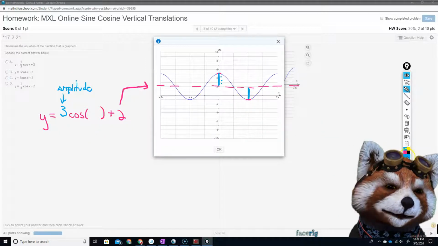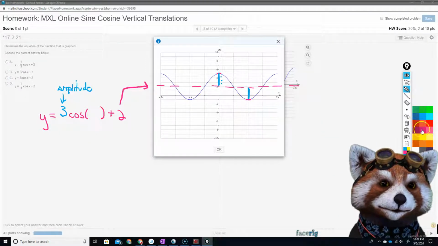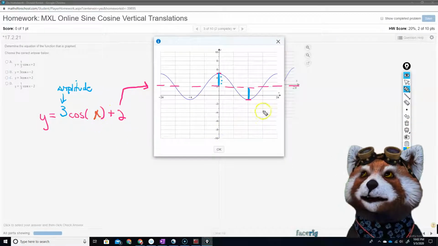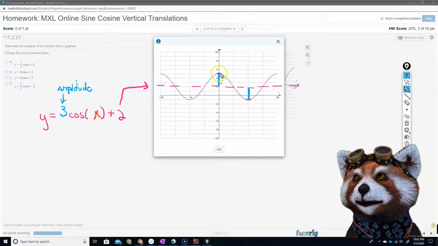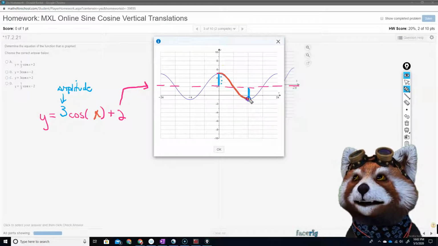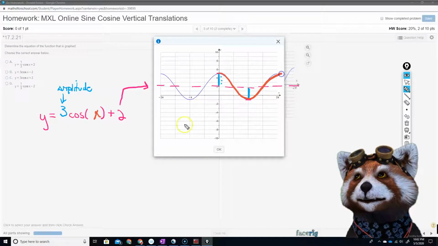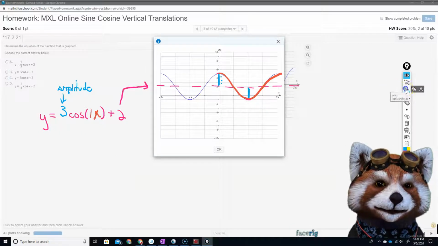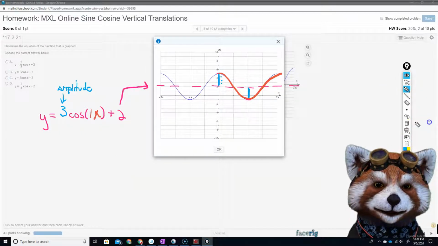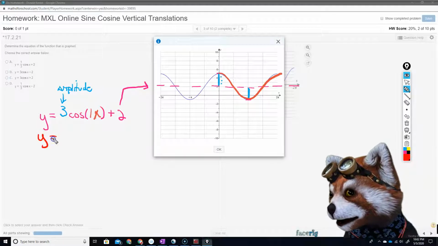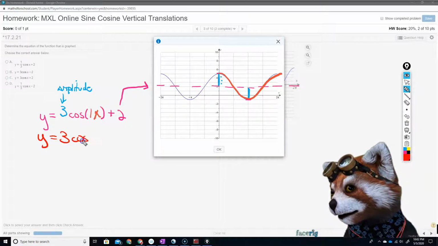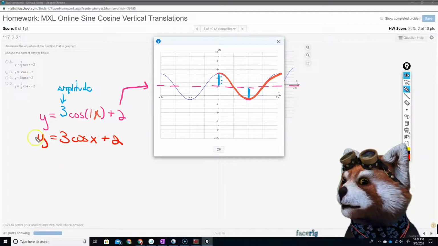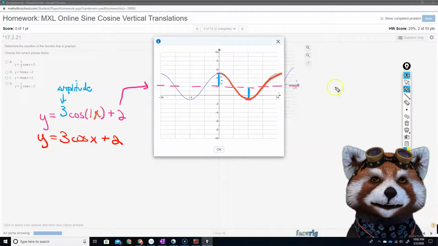Okay. And now I've got to input my frequency. All right. So I see one cycle of sine between 0 and 2 pi. So this is just 1x for x. I'm going to have y equals 3 cosine x plus 2. So my choice is going to be